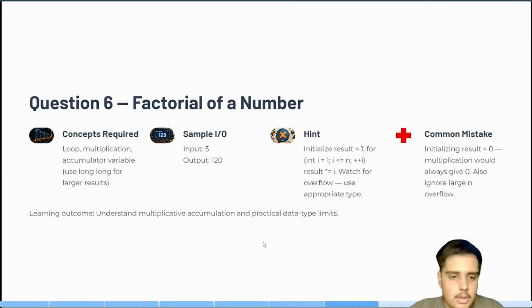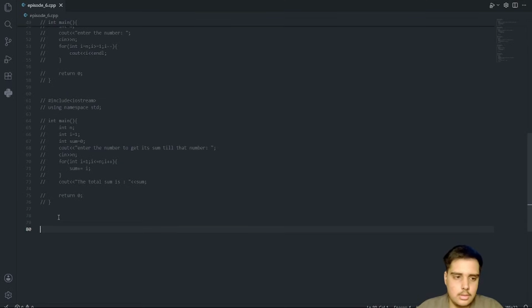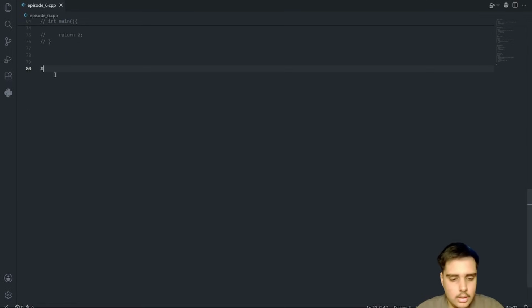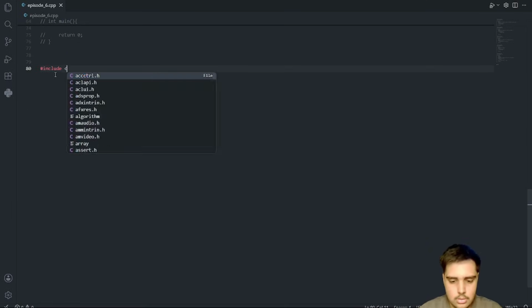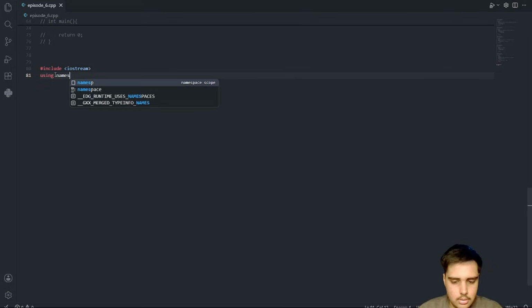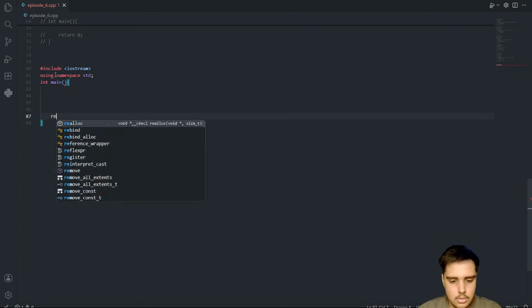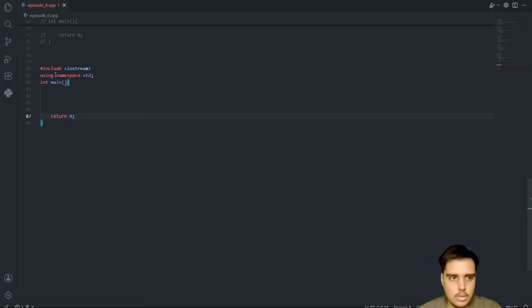So coming to our VS Code screen, here hashtag include iostream, using namespace std, int main, return 0.